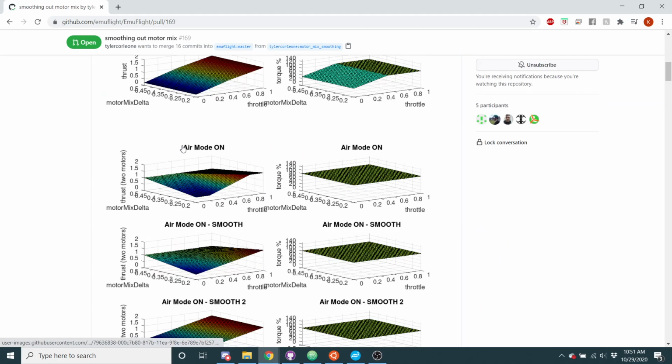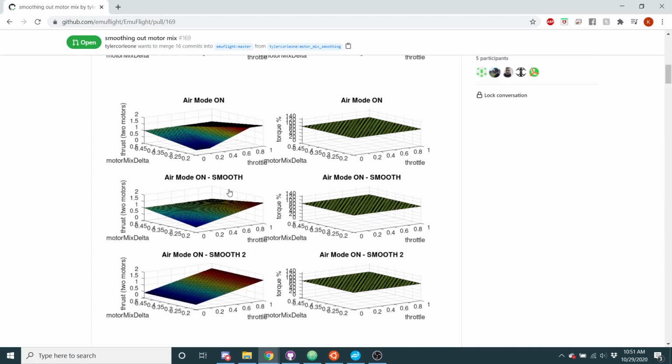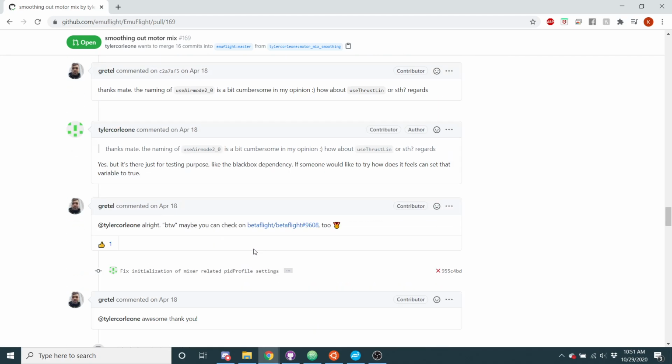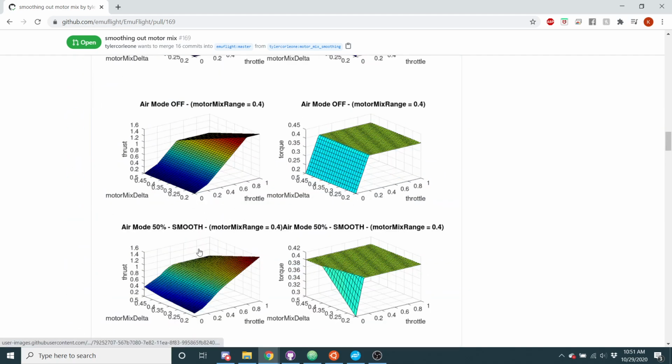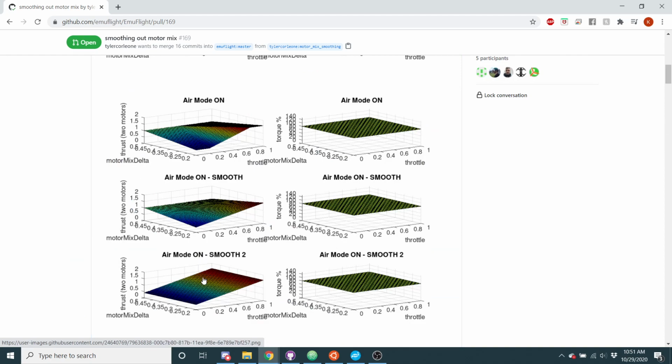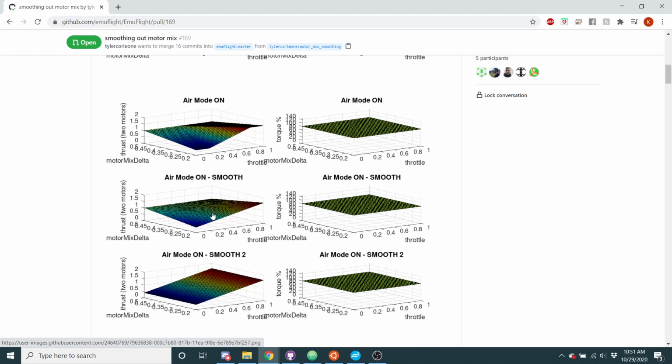Yeah, as you can see, there's the torque graph and the motor output graph. So with these graphs, with the air mode smooth or the new air mode, this is more of a smoothed output, this is a more jagged one, but you have the smooth output here, and this odd sort of face. It looks a bit odd, and I wonder if he has any more pictures. I can't remember. No, I think these are all that he has for the air mode smooth too. But anyhow, this